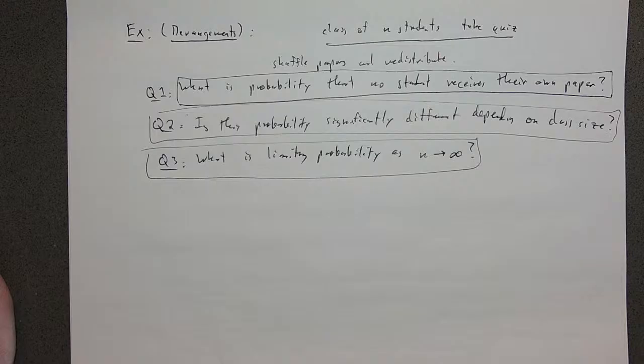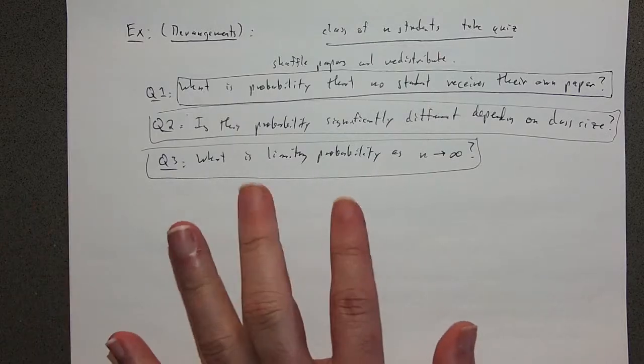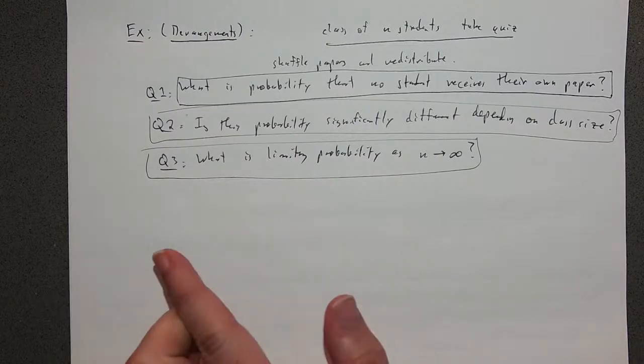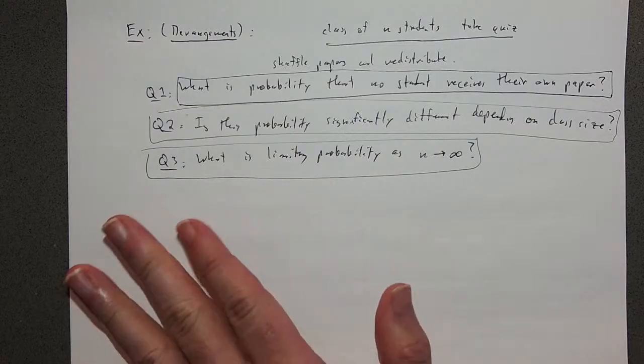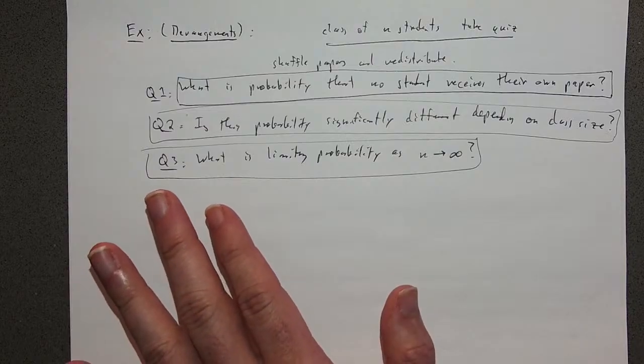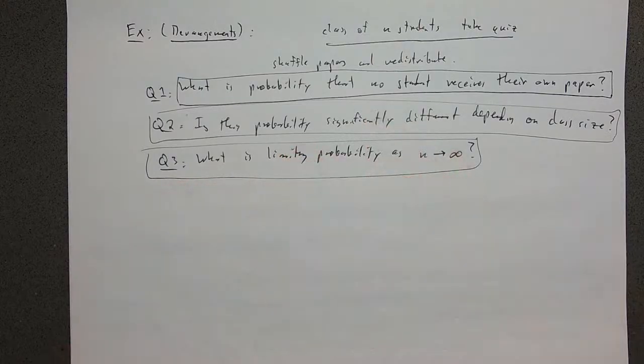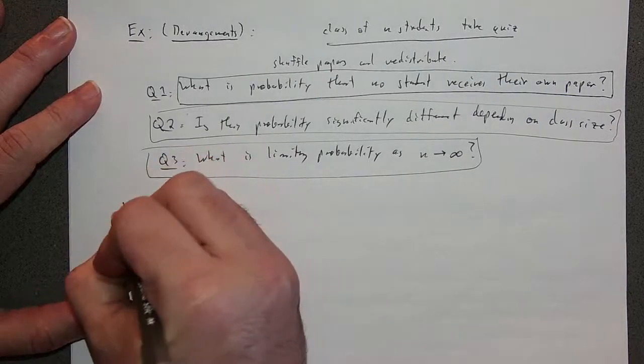So, these are all valid questions. The thing is that as this n gets bigger and bigger, of course, there's more ways for at least one person to get their own paper back, right? It's hard to say just looking at it like this, without actually writing down the math, how this is going to affect the total number of permutations possible. And so this leads us to the following definition,